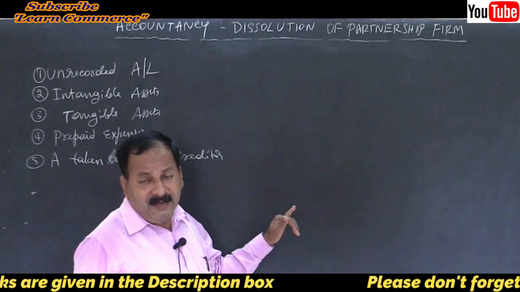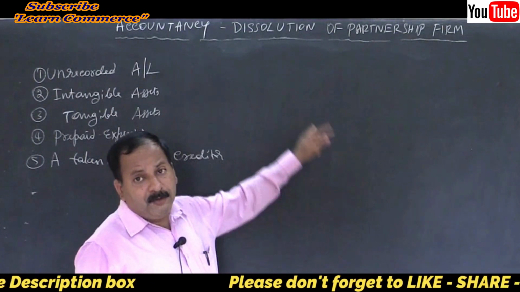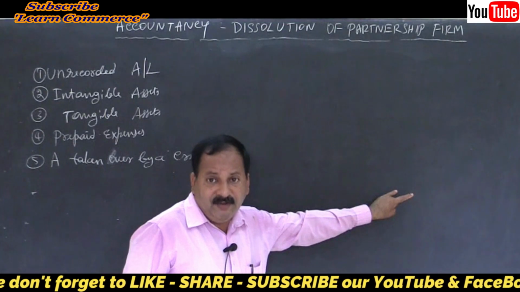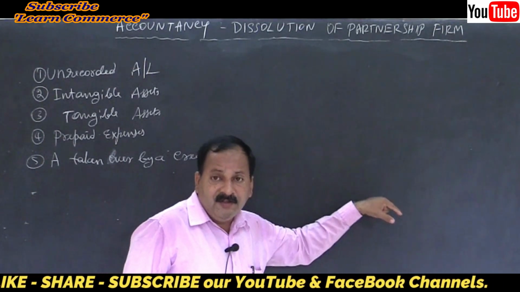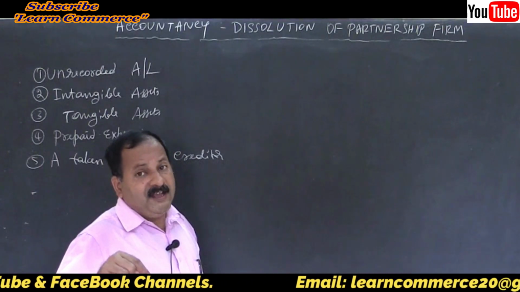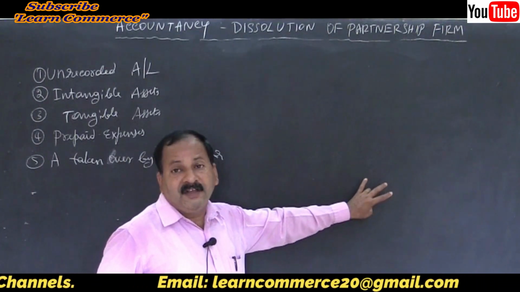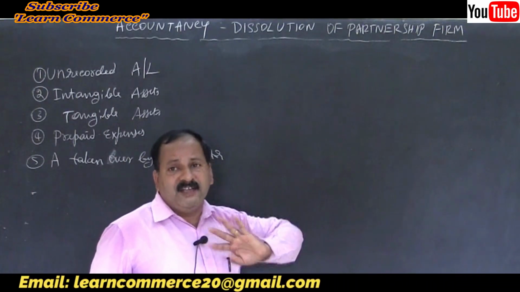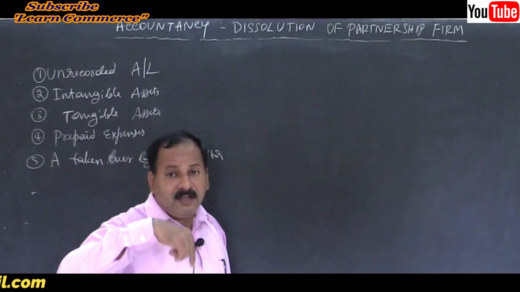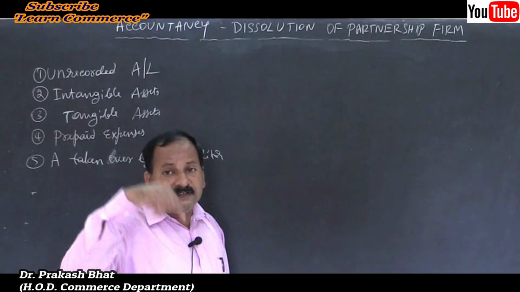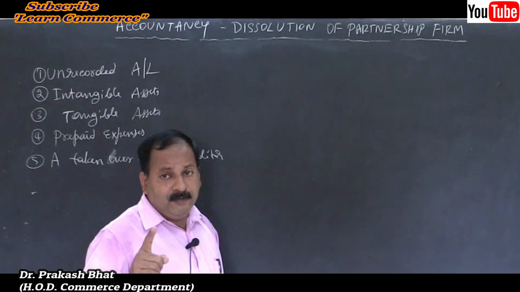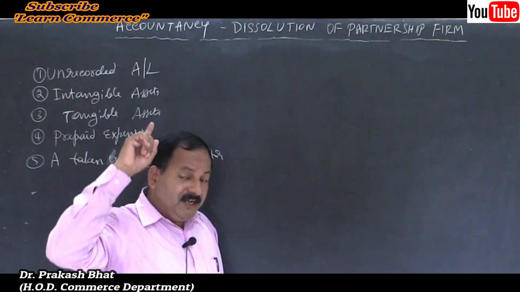We'll pass the entry partner's capital account to realization account, and we will record it on the credit side of realization account by A's capital account, asset taken over. But if the creditor takes over any asset, don't make entry on the credit side of realization account. Don't pass any entry there, because creditor is not a partner of the firm. He is not related to the internal management of the firm, so it is not internal liability, it is external